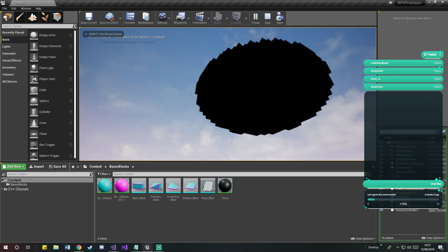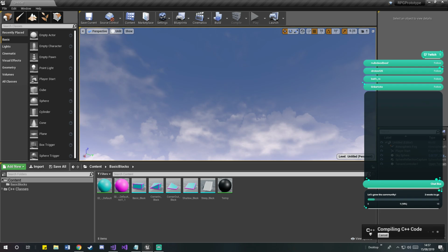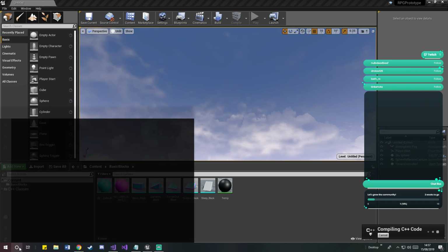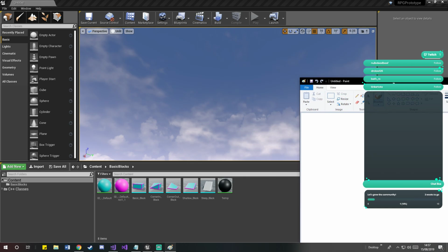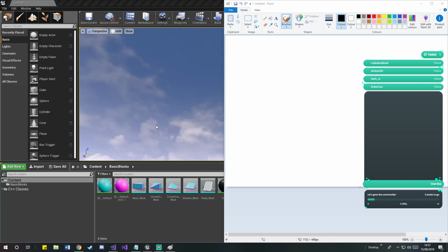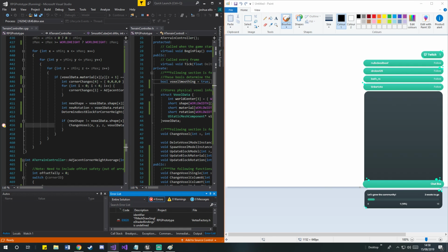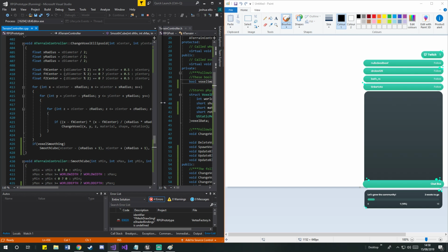Okay, so compile it. More than likely will take its time, but get it going. So what I'll do in the meantime while we wait is I'll get Paint up. We'll bring up our code on one side, and we'll see if we can go through it in a more visual way and